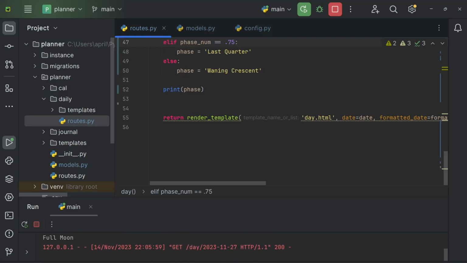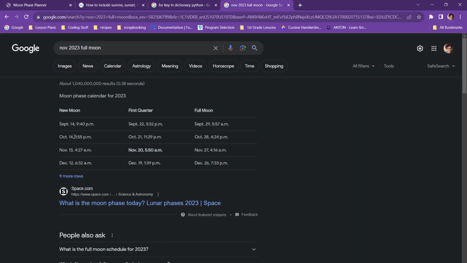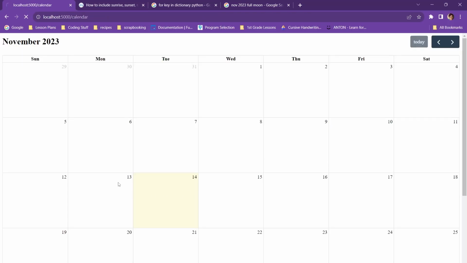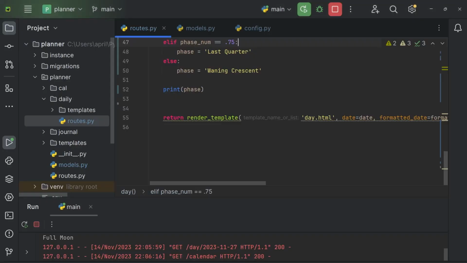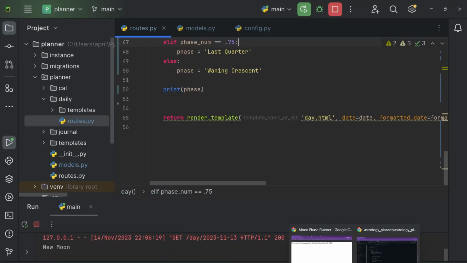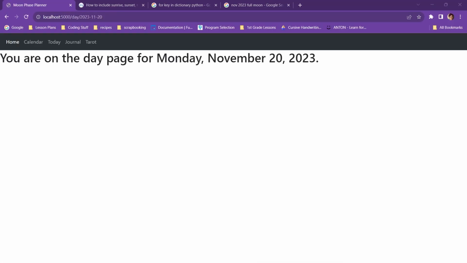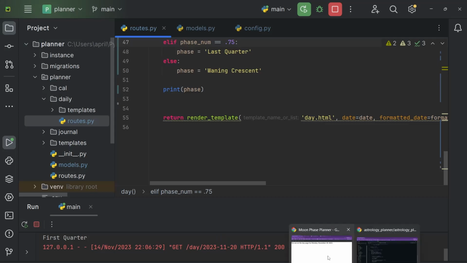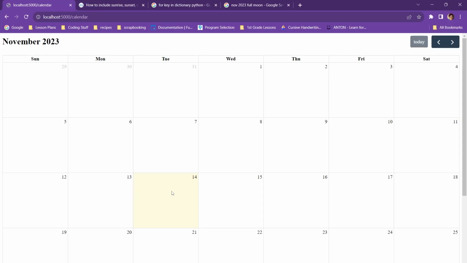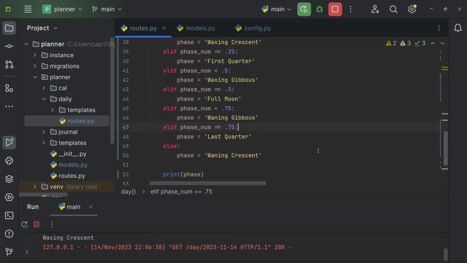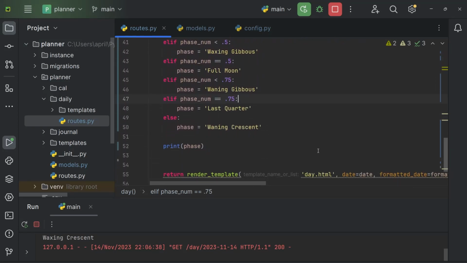Yep. And we should print, let's see what the other ones were. November. New moon on the 13th, first quarter on the 20th. So let's check out the 13th. New moon. And the 20th. First quarter. And if the 13th is a new moon, the 14th is a waxing crescent. Perfect. All right, that's not the neatest way to handle it, but it's working, so I'm going to leave it